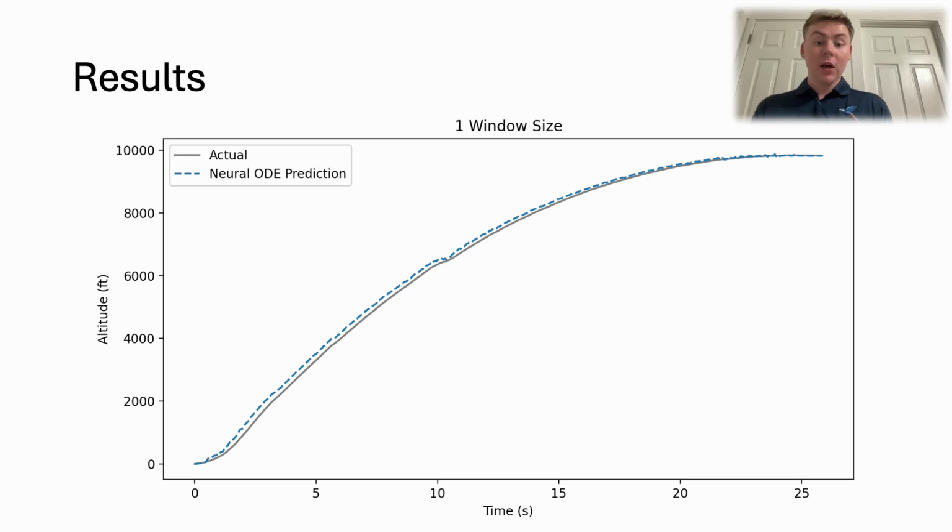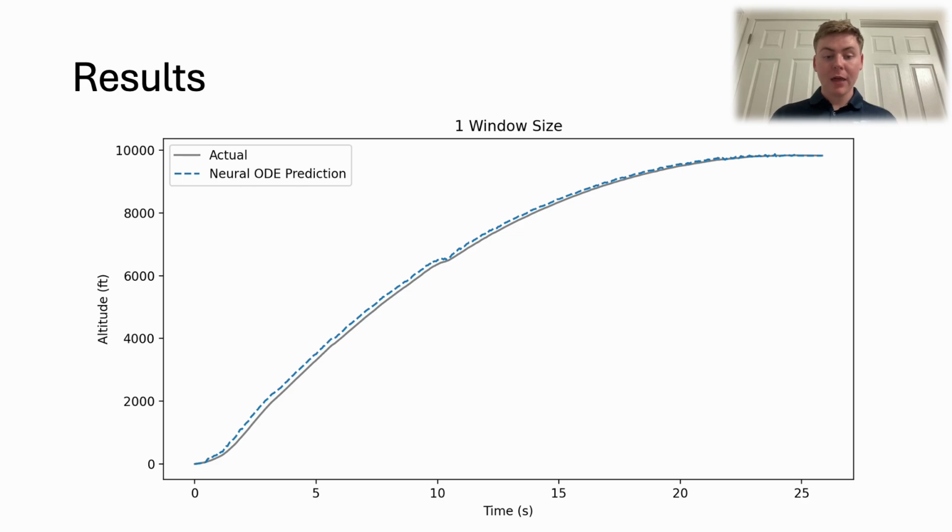Okay, and now for the results of the model. The results were definitely interesting. I found that the window size that I used to evaluate my model largely affected the predicted flight path. So as you can see, if I used a window size of 1, as a reminder, that is taking the current time step and just using that to predict our next time step with our states. So it's very slow, really not ideal for in-flight, but it was pretty spot on